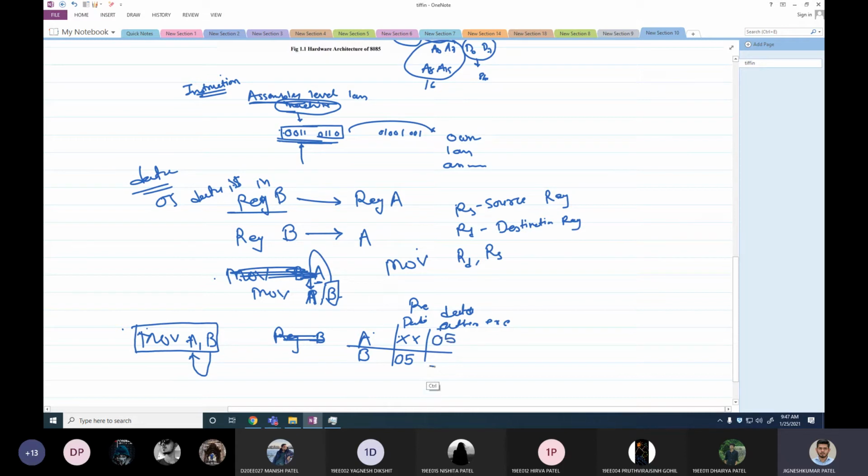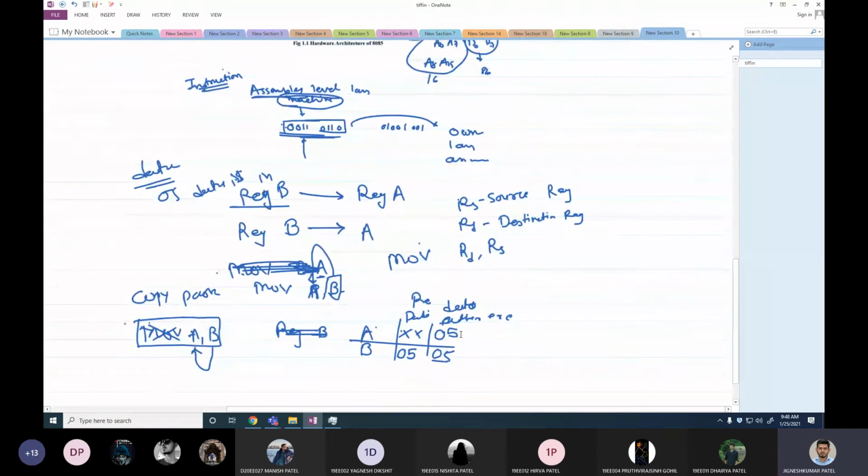And what about register B? Now this is a move instruction, but do not see it as a move. Actually it is a copy paste instruction. The data in register B won't be going anywhere, it would be there only. The data would be copied to register A. Rather than move, we'll say copy. So this is how this instruction works.